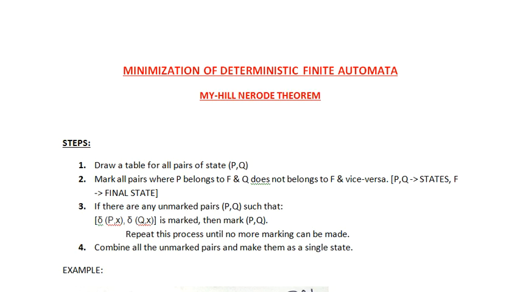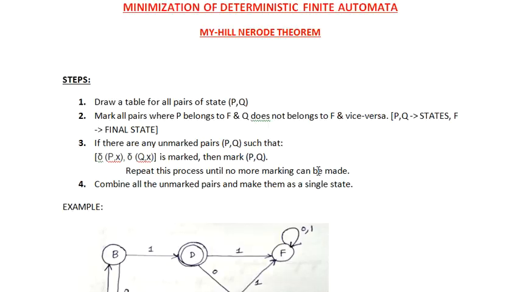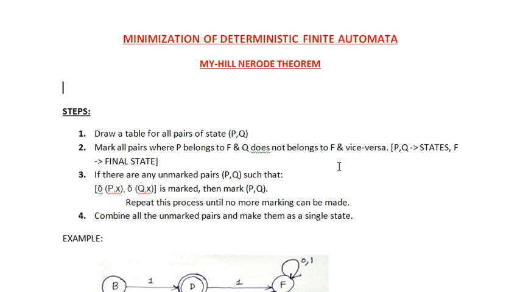Now the next method that I will be using here is the Myhill-Nerode theorem. Actually this theorem is used for two purposes. One purpose I will let you know now, and one purpose we will be working on once we are done with this unit and move on to unit number 3. Particularly we will be using this theorem to minimize a DFA, and the steps are given here. If you are preparing any kind of notes, it will be helpful for you.